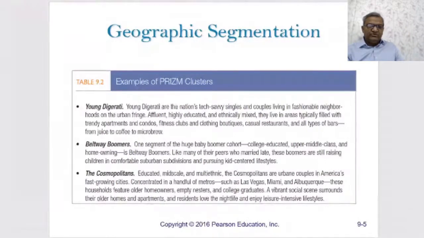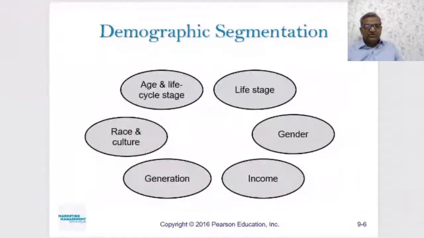Now we will be looking into the second type of segmentation, which is called demographic segmentation. Here, we've got exactly 6 levels of sub-segmentation within demographic segmentation. First happens to be the age and the lifestyle. Okay. Now here, for example, you've got young children. Here consumers have the ability to change with their age.